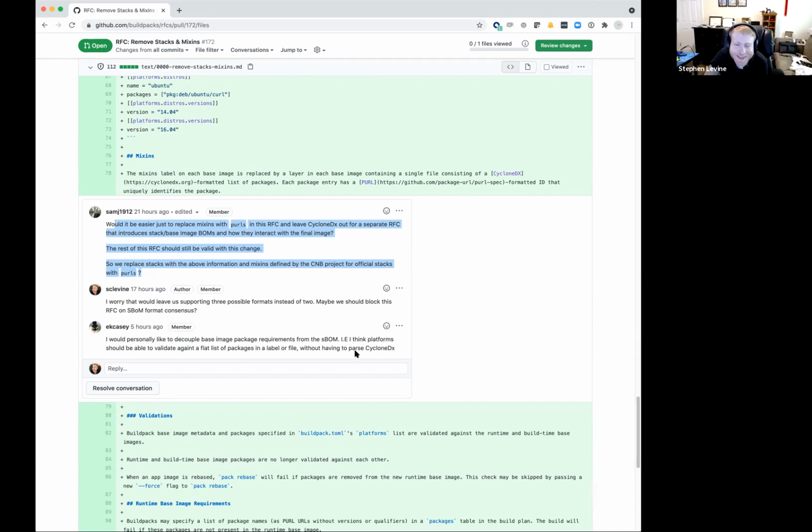I like that plan because then we're not coupling it to CycloneDX, we're just coupling it to some JSON that happens to look like this. That will work with CycloneDX in the future should we move forward, and then it doesn't block. So that's not a bad idea. The only thing is, you still need the CycloneDX version number and API version stuff at the top, but the rest of the thing is just a list of objects with Perls.